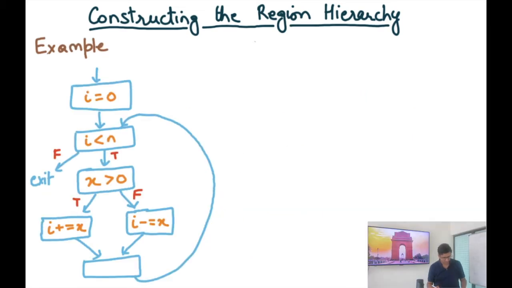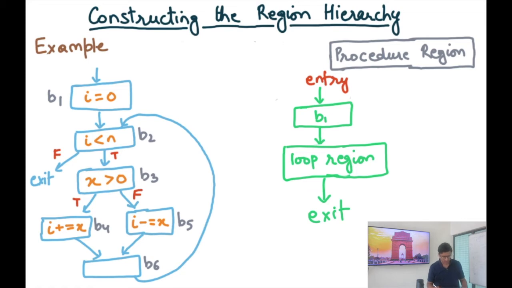All right, so here is an example. Let's say I have this program: i equals 0, if i is less than n then you continue, otherwise exit, and then inside the loop there is some branch on some other variable x. If x is greater than 0 then i plus equals x, otherwise i minus equals x. If I was to create a loop hierarchy, I'm going to show what the loop hierarchy looks like, and this time I'm going to show it top to bottom. Although we are going to construct it bottom to top as we discussed in the previous slide, I'm going to show the result of that algorithm as a top to bottom